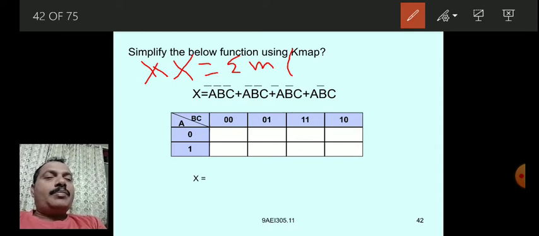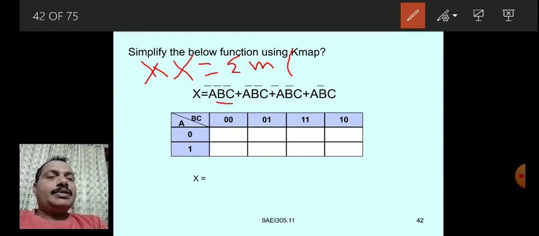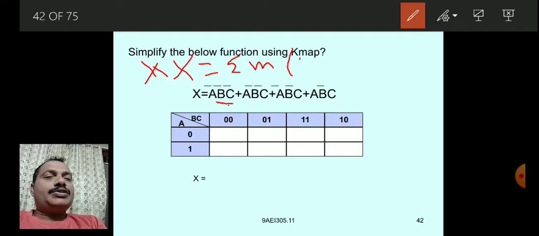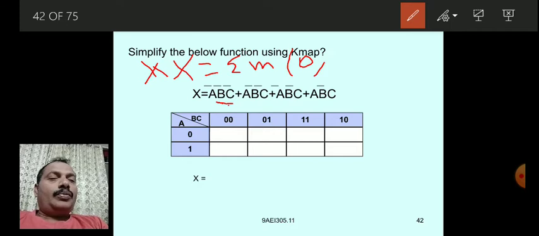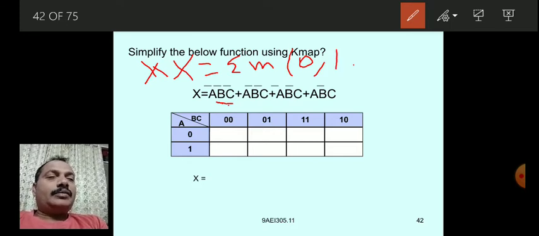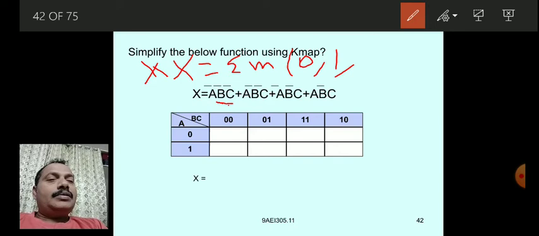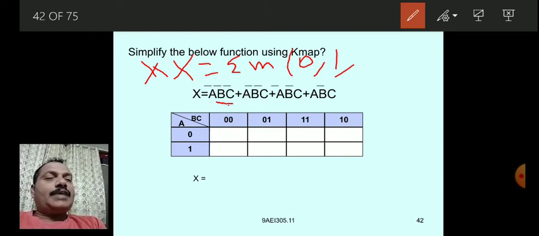A bar B bar C bar means 0 0 0, that means 0. And this is A bar B bar C, that means 0 0 1, that means 1. Next, 1 0 0: this is an alignment problem.